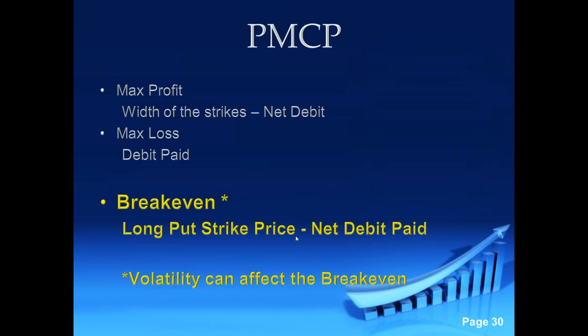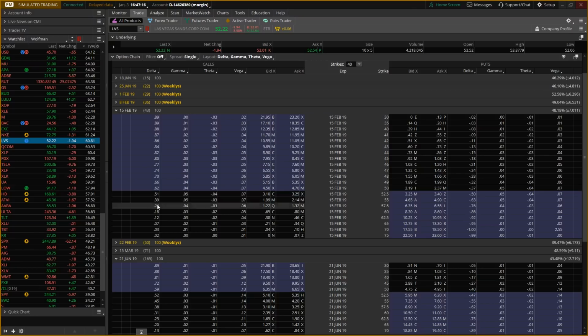And the beauty in this, and this is one of the benefits of this strategy that you wouldn't be able to otherwise achieve, is sometimes if you go out there and short the stock, you're basically doing it where the market is. You're going to be selling that stock short at the market. With this strategy, when we build it out, we can actually be selling this underlying higher than where the current market is, meaning we're selling it above the market. How often do you get to do that with stocks? You don't. So with this stock, we're going to be able to try and sell it higher than where we are currently. All right. So without further ado, I'll pull up the trading platform again,